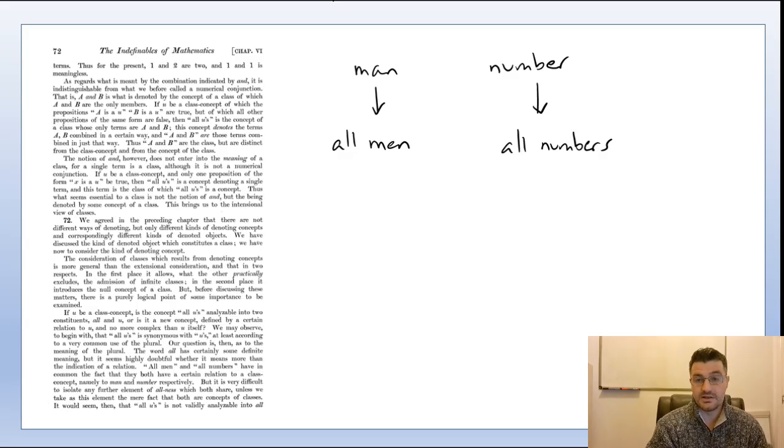Okay, so the fact whether this class, this object, should I say, is being denoted or not being denoted doesn't make any difference. The object is still the same object. Or else is a complex of denoting together with the objects denoted. And the objects denoted is plainly what we mean by a class.